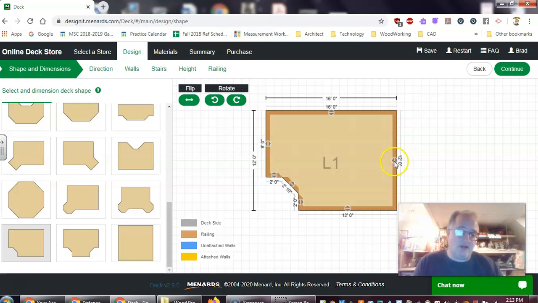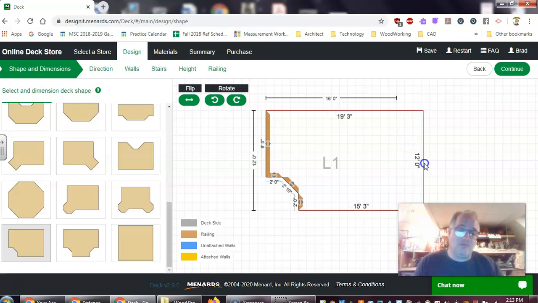So the deck I'm looking at for my backyard, I actually want to make a little bit bigger. I want to make it about 20 foot long. You'll see that there are arrows with directions on each of these. We'll call them walls for right now. They're railings that will go up. Just click on one of those, and then you can move that to the dimension that you